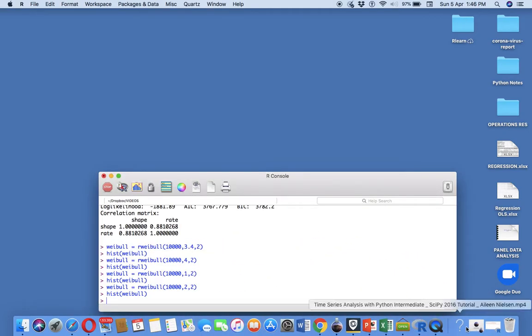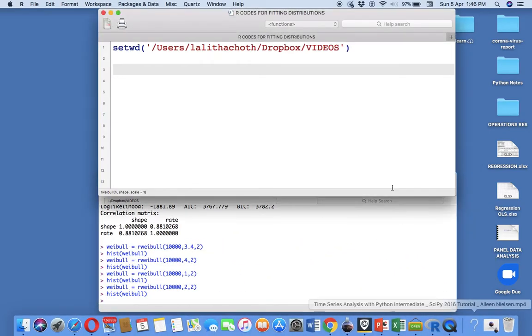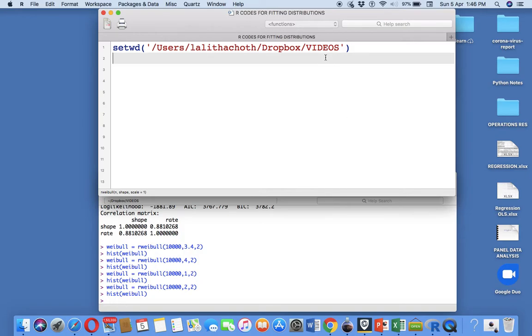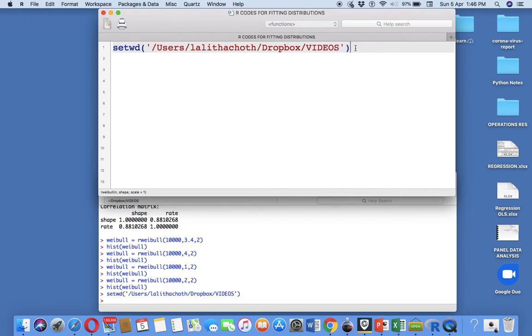So let us now open R. We've opened R. And as usual, we'll first set the workspace. I might set my workspace as videos in Dropbox in videos. So I run it. It is run. And now